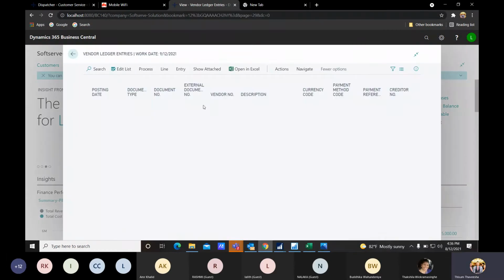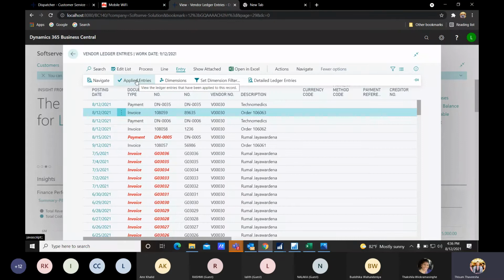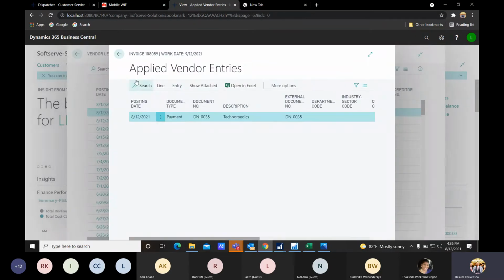Okay, so this was our invoice, right? So see, the remaining amount is 0, right? Why is this remaining amount 0? Because we have done a payment. So here we have an option to see the applied entries. What are the applied entries for this invoice? Okay, so when we press the applied entries, yes, we have our payment.